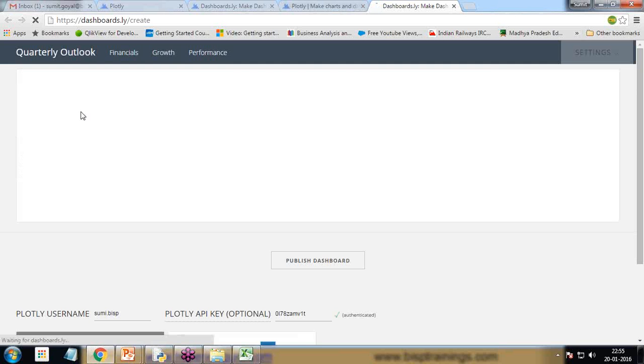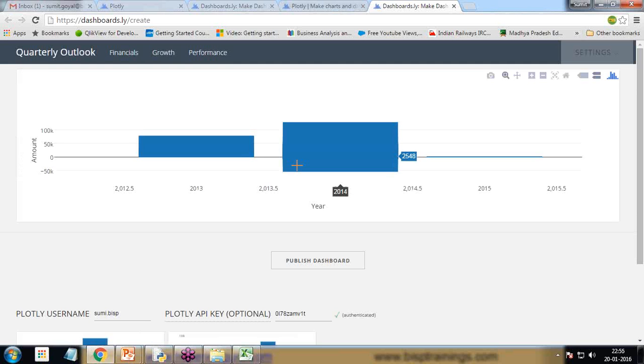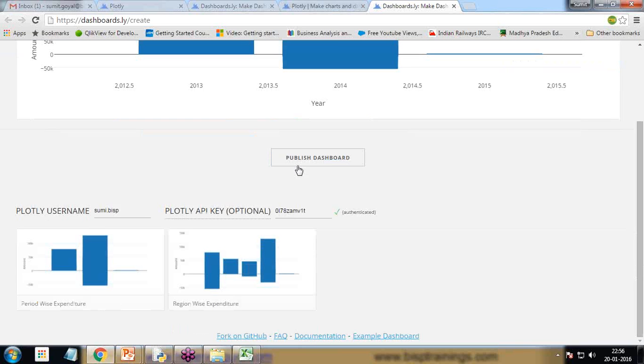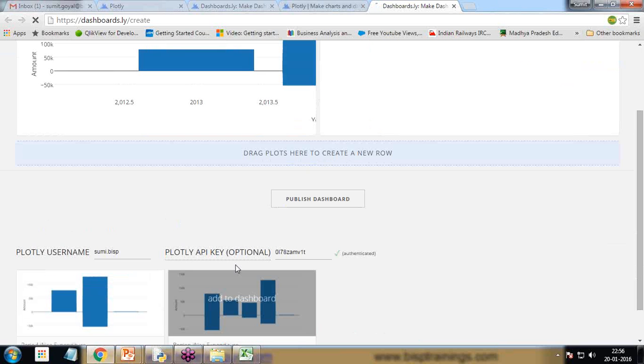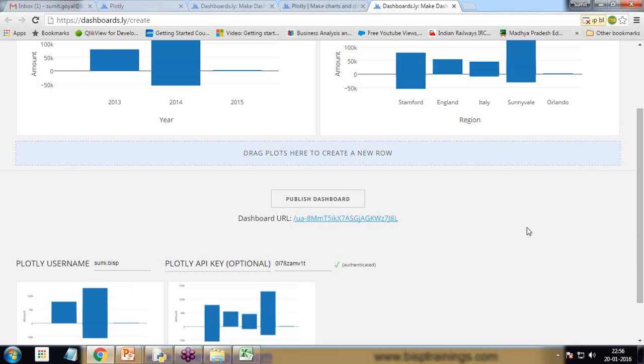That's the chart, and I click on this as well. So this one is the first chart, and I want to add this as well. So I click this chart as well, add to dashboard. And once we're done with this, click on simply publish dashboard, and the dashboard will be prepared. The dashboard is created, and we got the link, and we can share this link with our users,